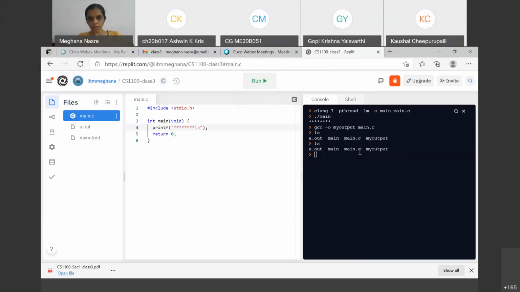It is stored, right? So let me just do the following. rm is a command that you should be very careful with, but you can use it to remove things. So I'm going to remove the executables that we have created. rm a.out, rm main, not main.c, rm my output.